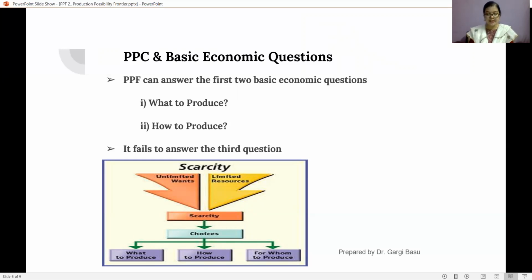If the technique of production is deemed to be inefficient, resources will not be fully or optimally utilized. Inefficient techniques result in lower output, like point N in the diagram. If the technique of production is an efficient one, the society will then stay on the curve AB. However, the PPC cannot describe the third question, that is the for whom to produce problem.